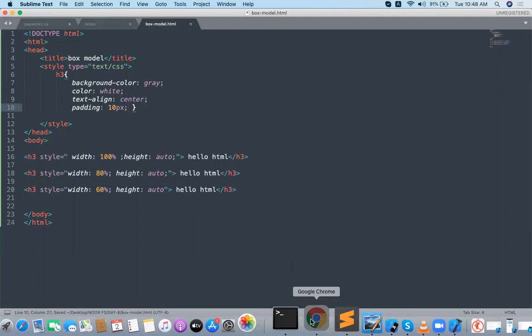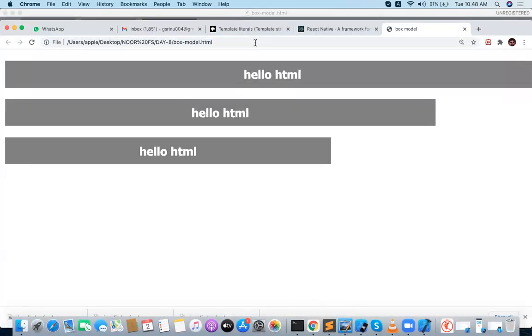If I give one value for padding, you can now arrange the inner space. See, some inner space got allocated here, and here, and here, and I don't have much content in the H1, that's why you can't see it. Padding is nothing but the inner space of an element. It looks very neat and doesn't get compressed. That's your padding, and padding is arranged in this particular box model.